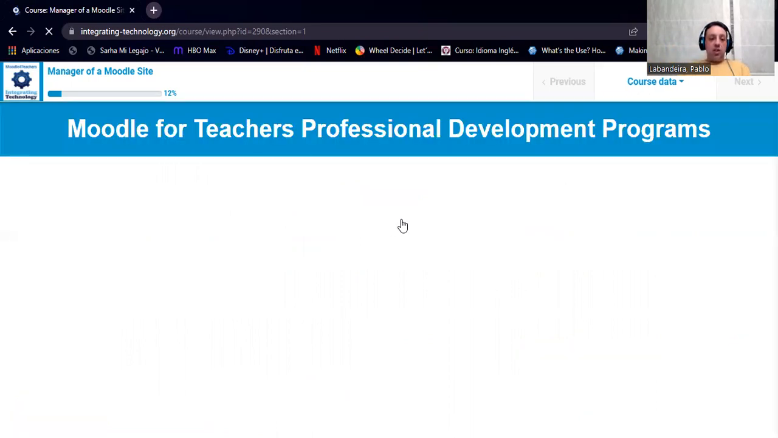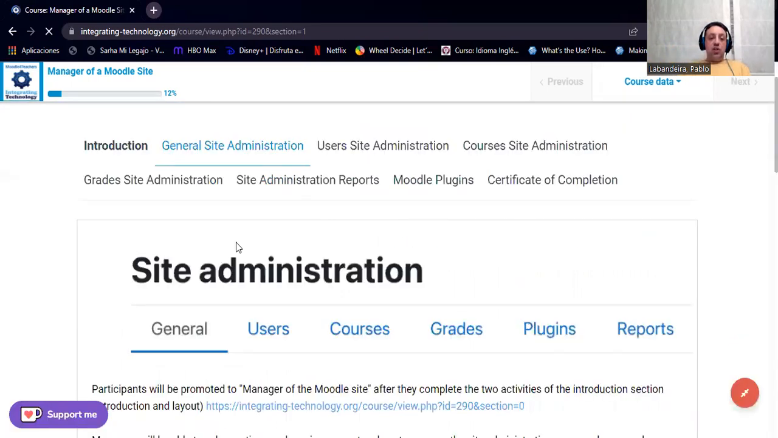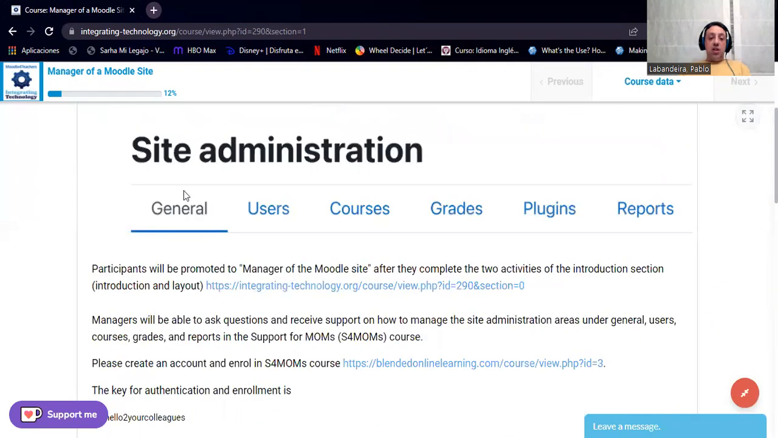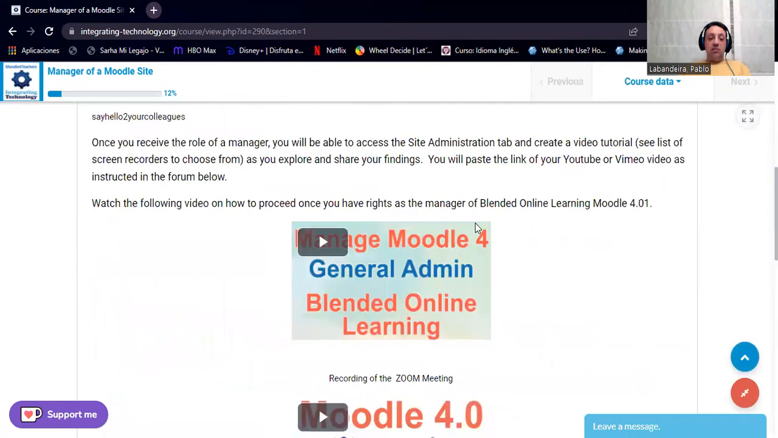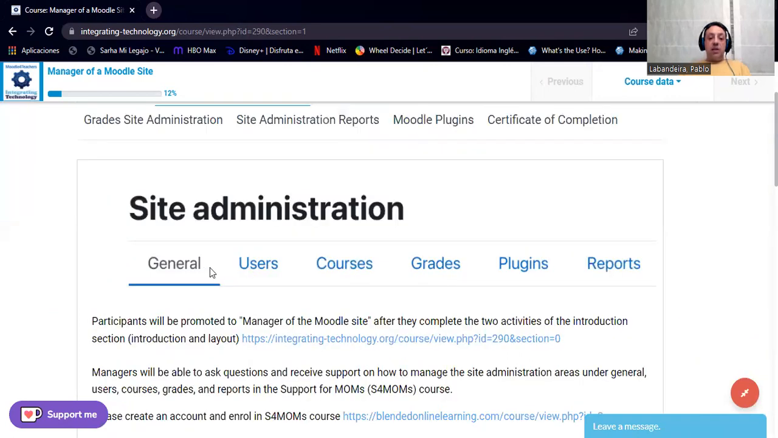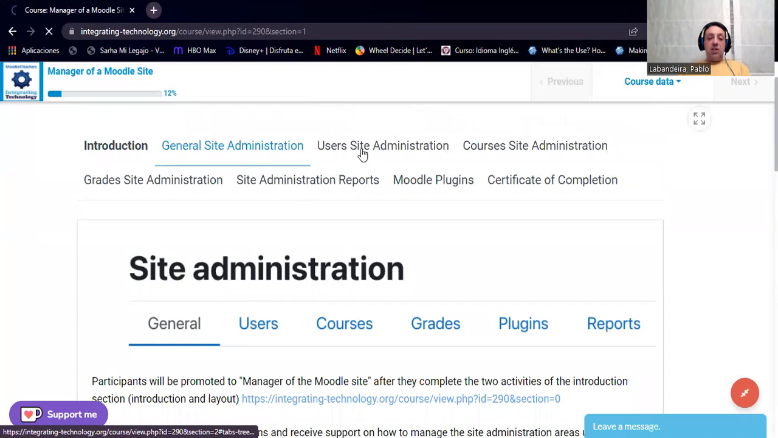And it shows you the different tasks that you will have access to once you are appointed manager of the Moodle site, right? To begin with, there's a general site administration with all the different tags that show you, right? Of course, this is site administration, and then there are different categories: the general part, users, courses, grades, plugins, and reports. This users site administration is the one,